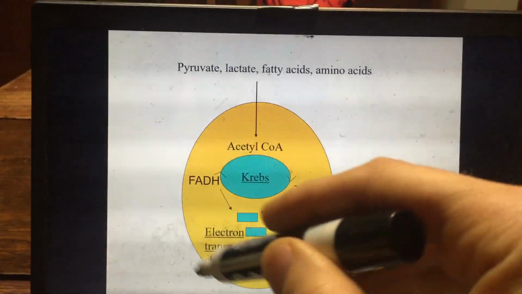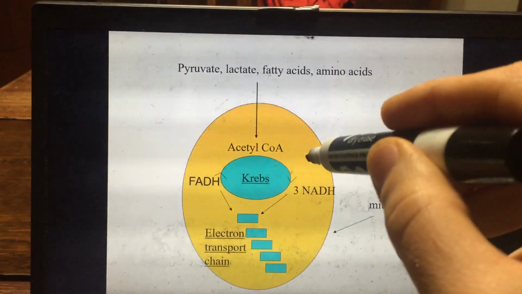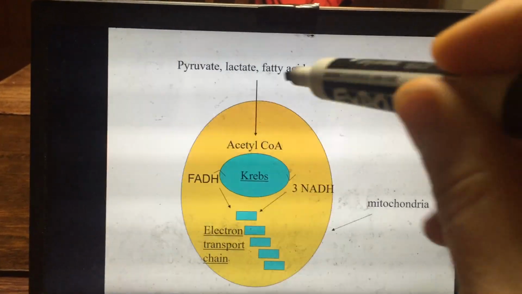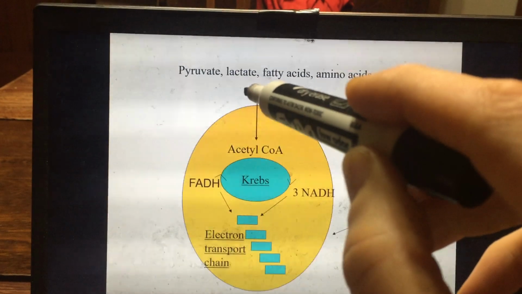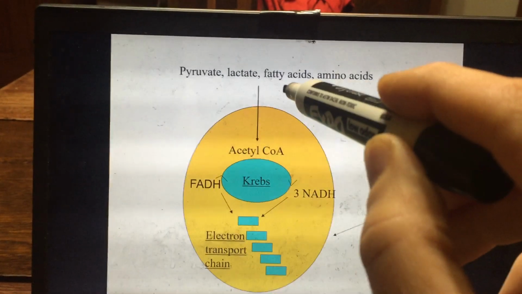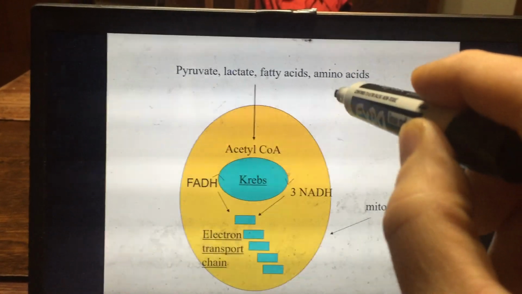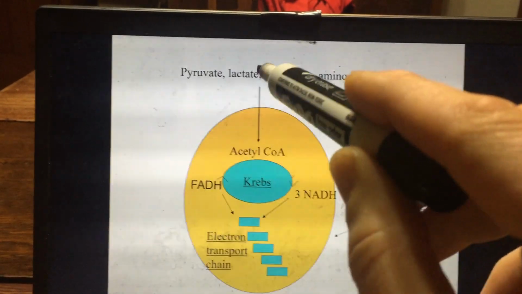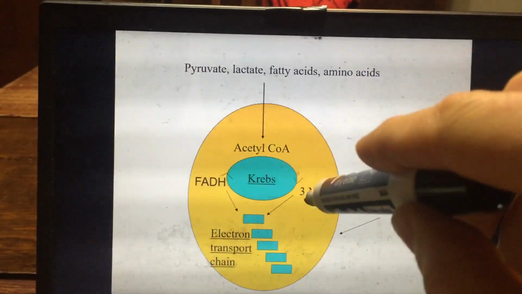So I've just drawn a schematic of your mitochondria here. The Krebs cycle and electron transport chain are inside the mitochondria. You can have pyruvate and lactate from carbohydrate metabolism, fatty acids from the breakdown of fats, and amino acids from the breakdown of protein. They can all enter the Krebs cycle through acetyl-CoA. And again, important